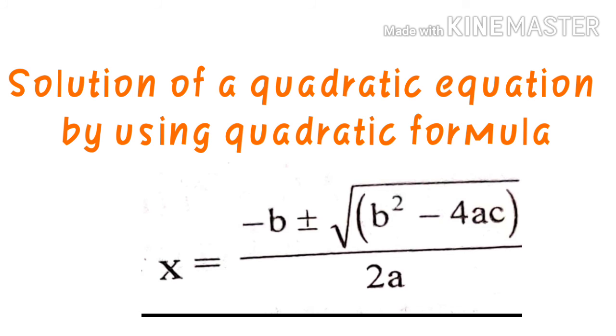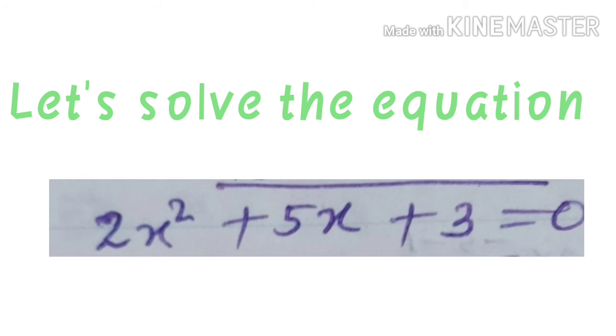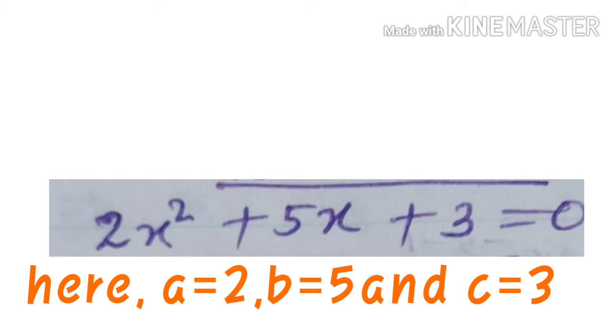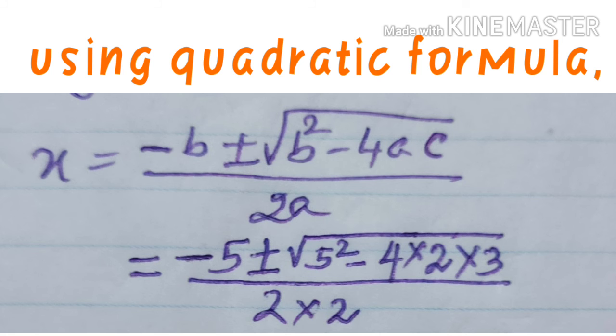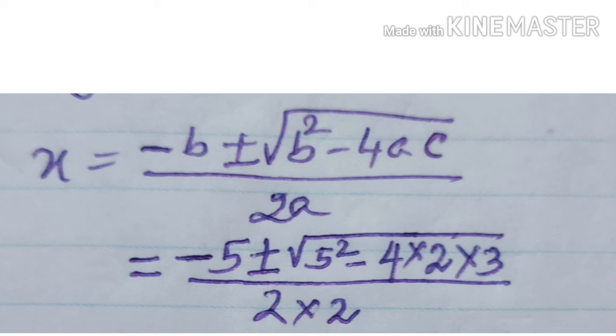Now, let's solve the given quadratic equation by using the quadratic formula. The given equation is 2x² + 5x + 3 = 0. Here, a = 2, b = 5 and c = 3. Using the quadratic formula, x = (-b ± √(b² - 4ac))/2a. This is equal to (-5 ± √(5² - 4